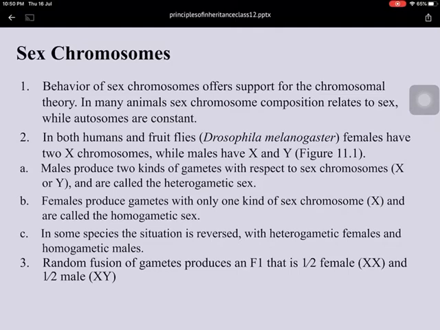So when is a 50% female child produced? This is possible when the X chromosome of the male and the X chromosome of the female fuse with each other at the time of formation of the zygote. And what is the possibility of a male child? When the X chromosome of the female fuses with the Y chromosome of the male at the time of fertilization, then a male progeny will be formed.